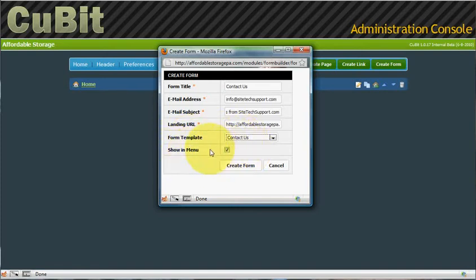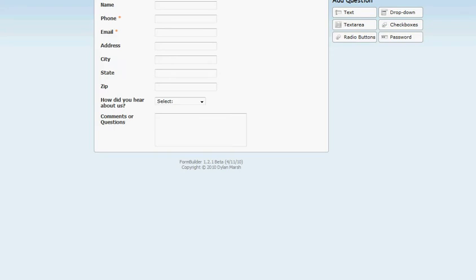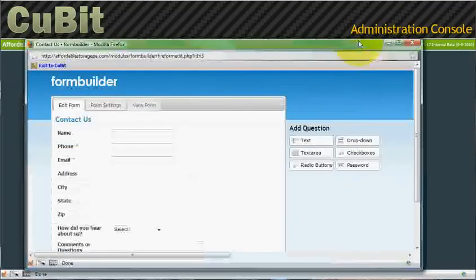Show in menu means whether it's going to show in your menu or not. If you wanted it to pop up and be a window similar to this one right here, you would uncheck that so that you could then make a link to go to that and set the size of the window, and it would be its own little form. If you want it to appear in the menu like a normal page, like a Contact Us page, you'll make sure that's checked. So once you're done, you just hit Create Form,